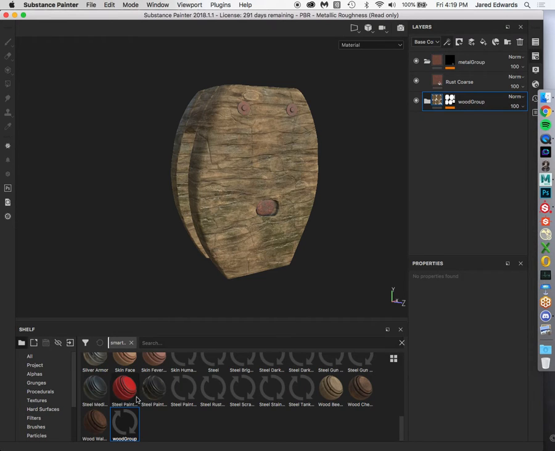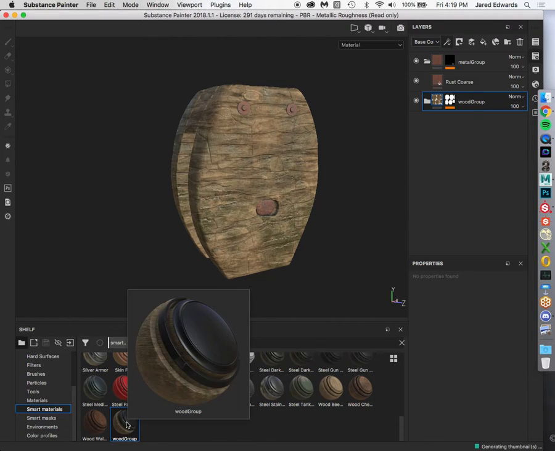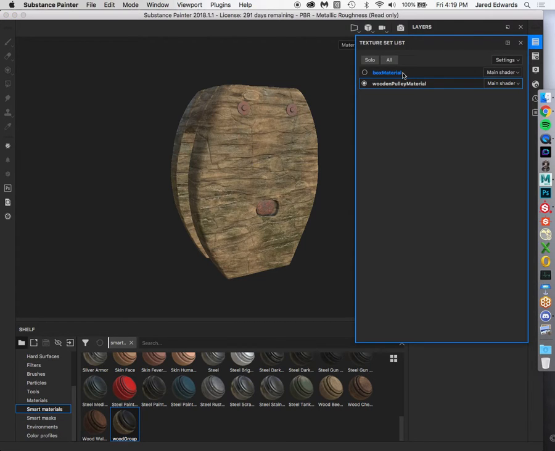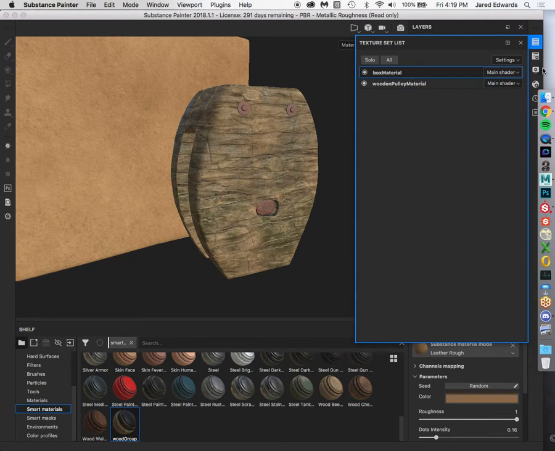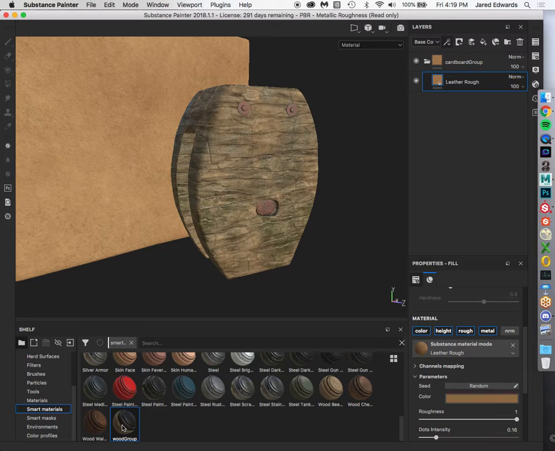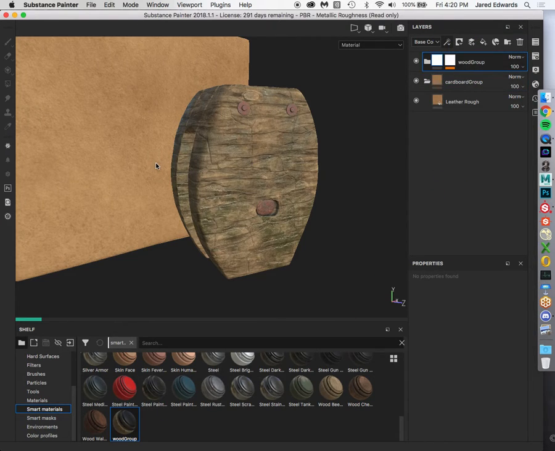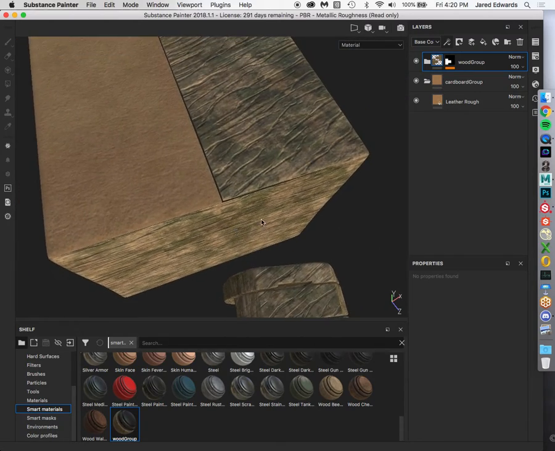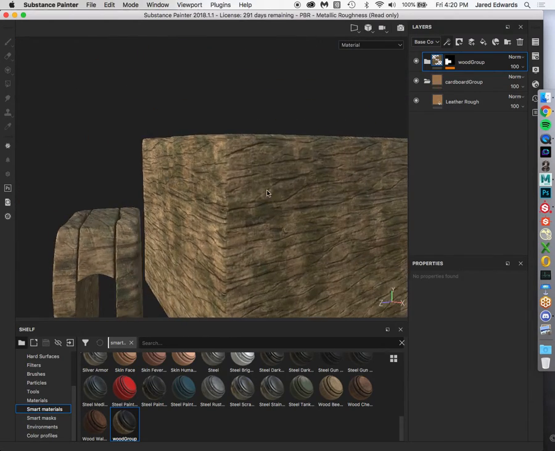Smart material. Under smart materials, look what's appeared. That's my material. That's the wood thing I just built. So now it's going to look really weird. But we're going to go to the box, and I'm going to put the smart material on the box. This is going to be a bad decision. But there it is. It looks kind of dopey because I was using the